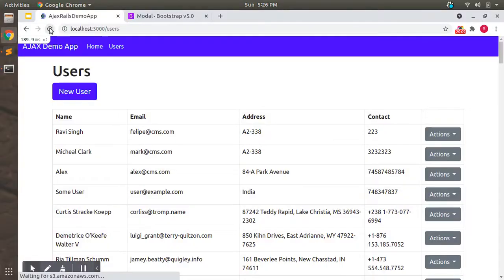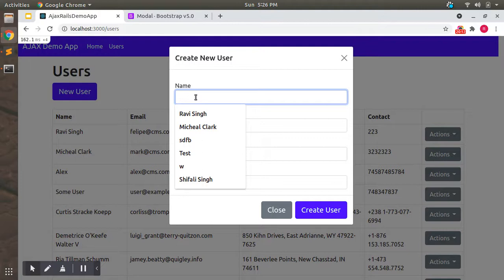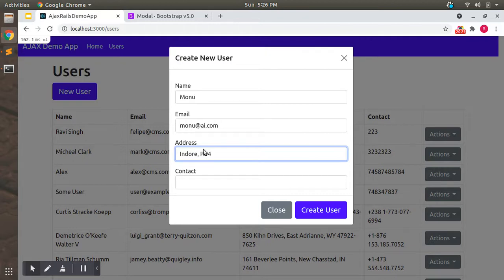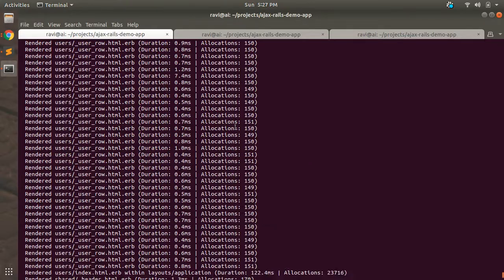Reload the page, create a new user, enter some data here, email at ai.com, and contact detail, let's say some data, and submit that.